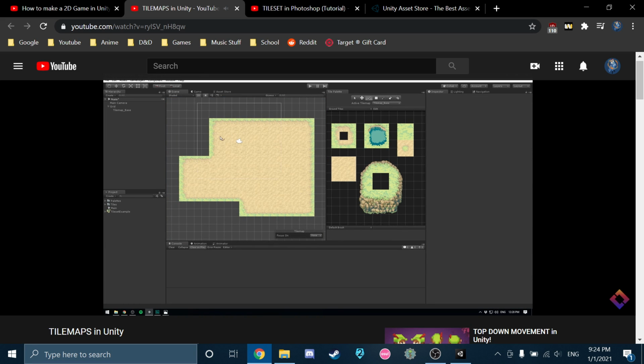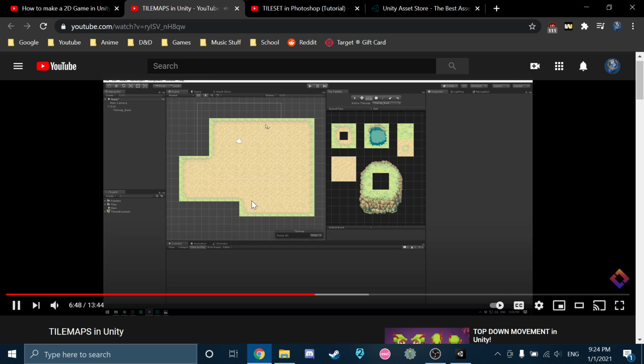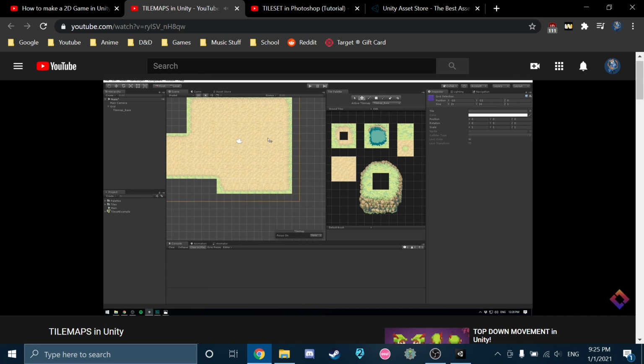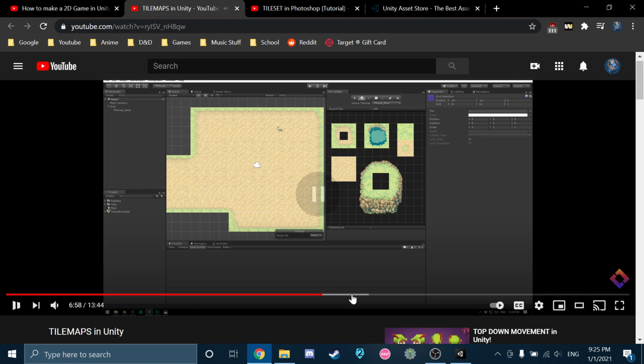So I've laid the foundation of my tile map here, and I want to move it kind of into the vicinity of my camera. So I'll take the selection tool, select the entire tile map, select the move tool, and then move it over. Some other tools that are